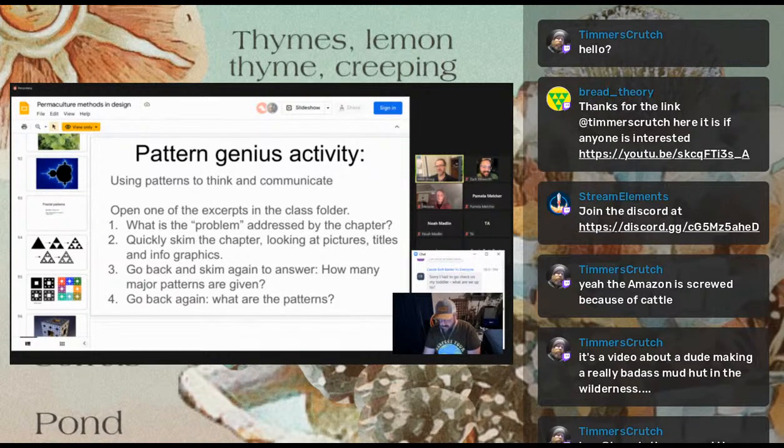If anyone would like to give an example of summarizing a chapter in patterns, I'd love to hear it. And while people are looking at it, I'll say this is a great activity to do with people too, in a group. If you do this with people, you'll be amazed. You'll see different groups of people can take a different chapter and work on it together. And I find this to be actually kind of more fun and constructive than doing a traditional reading group